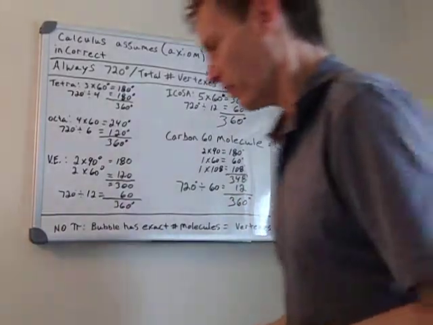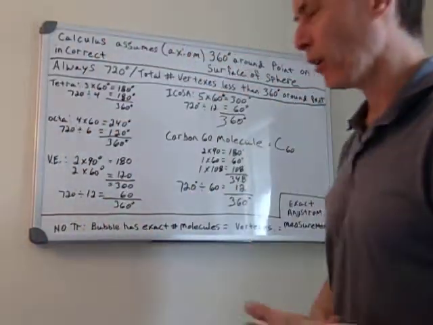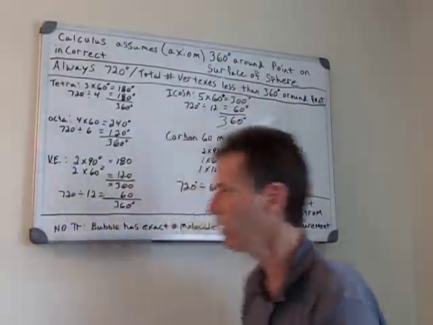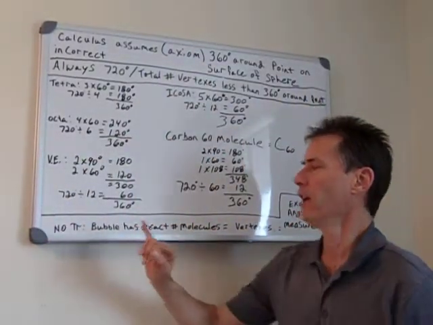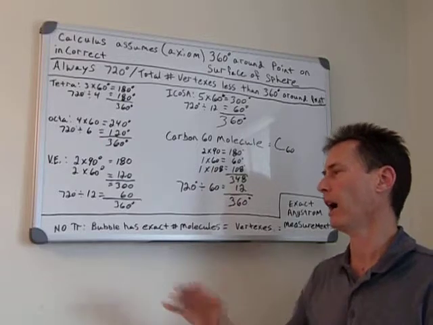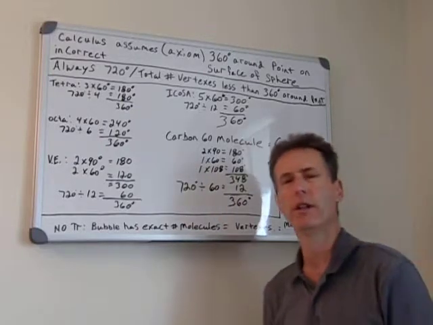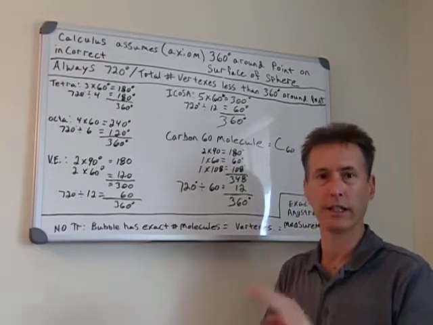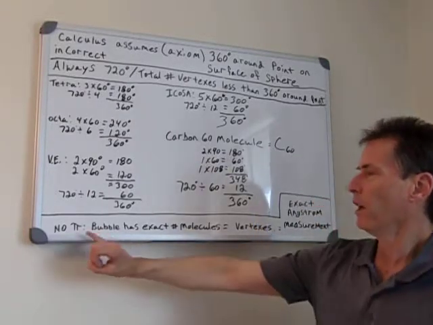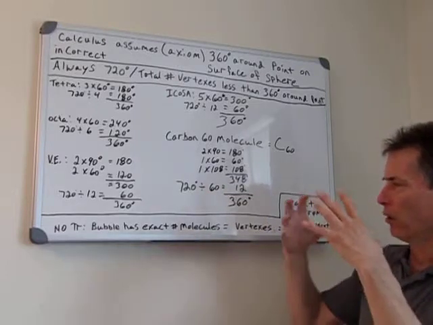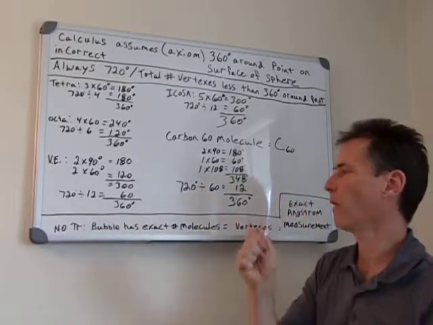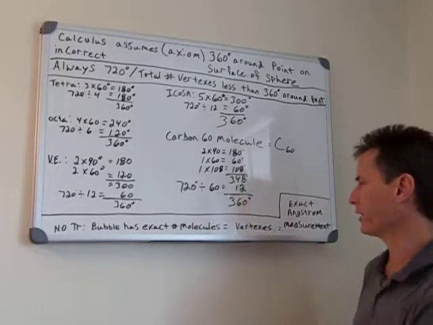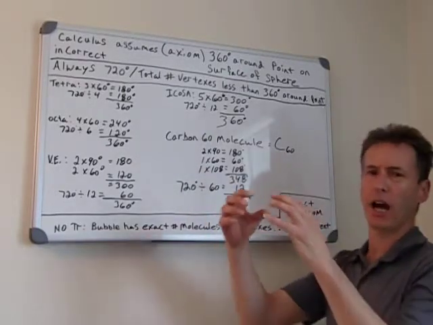So the universe doesn't use calculus. Man does, and he's real close. There's nothing necessarily wrong with what he's doing. I'm just pointing out that the universe does not use pi or calculus to design its millions of things and illions of things. When a child blows that bubble from the soap, that bubble has an exact number of molecules, an exact number of vertexes. If we could freeze it in time and look at it,